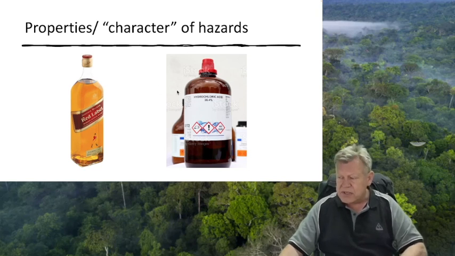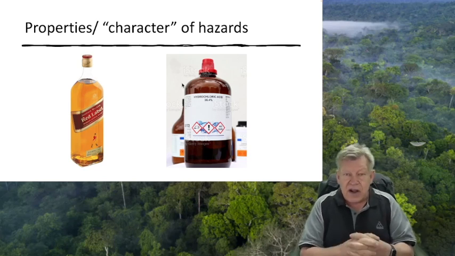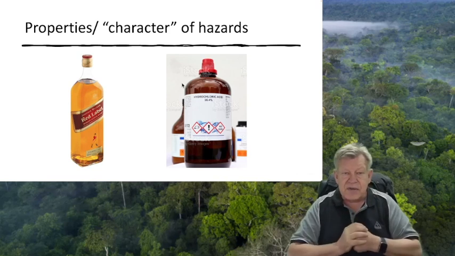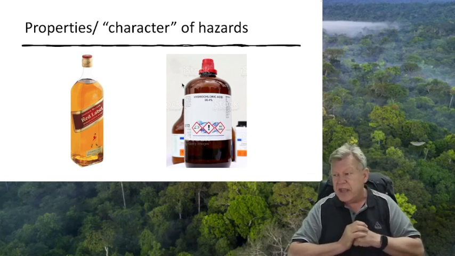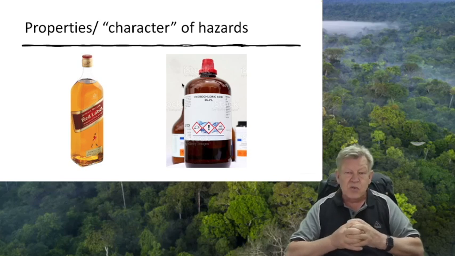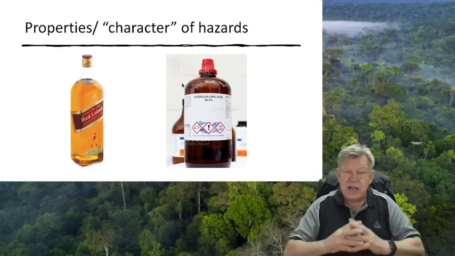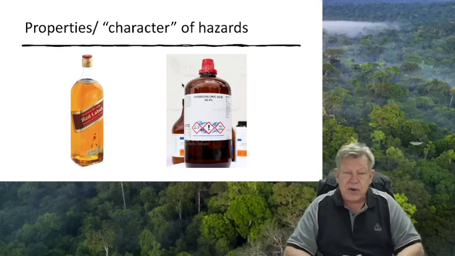The second bottle is now clearly marked as hydrochloric acid. We know that hydrochloric acid can dissolve steel and iron. It's a corrosive substance. When it gets on your skin, it will burn holes in your clothing, and it can react with certain kinds of metals, and the gas that comes off is hydrogen, and that hydrogen can burn or